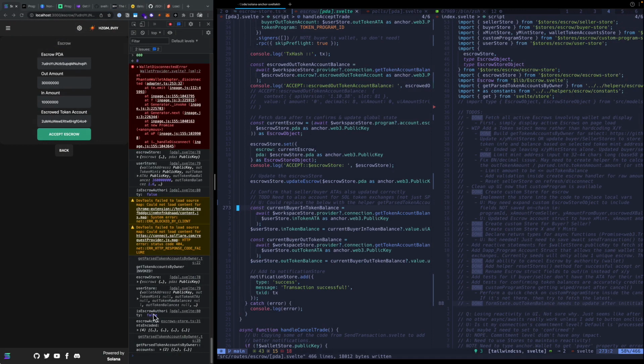So it's fetching the token accounts and the escrow accounts. Yeah, this is updating the escrows store and all that stuff. So here,